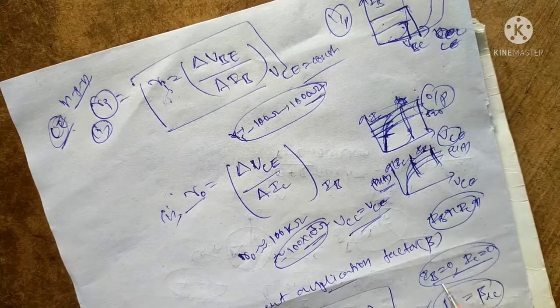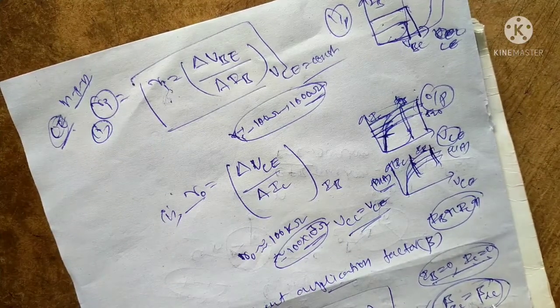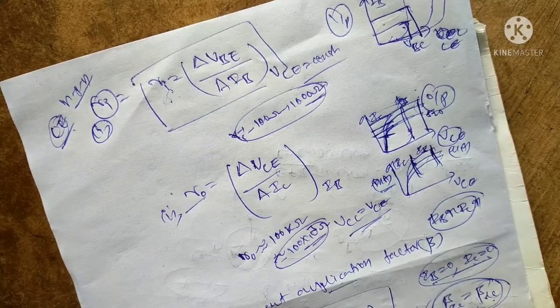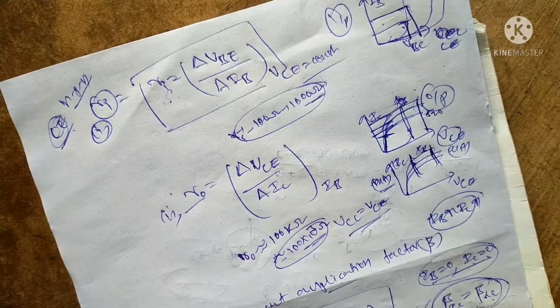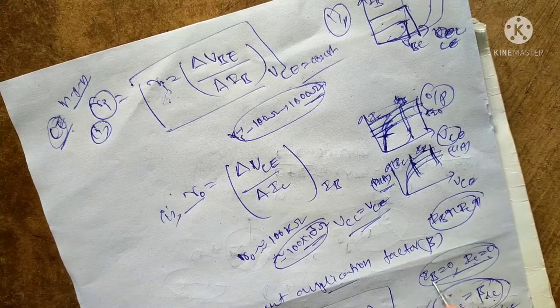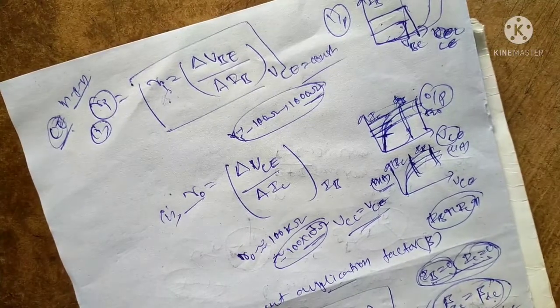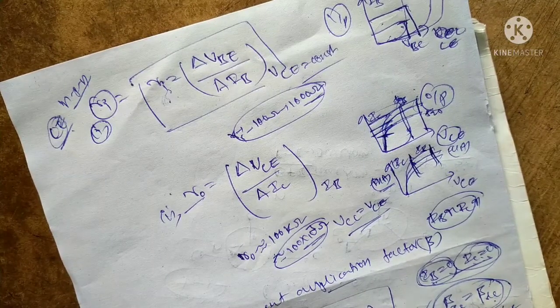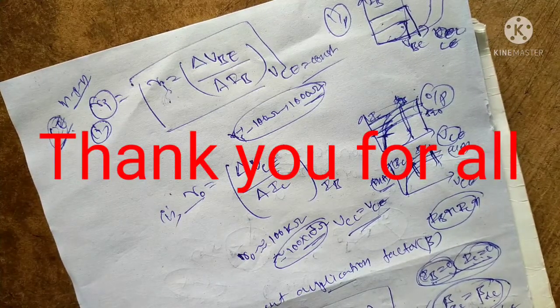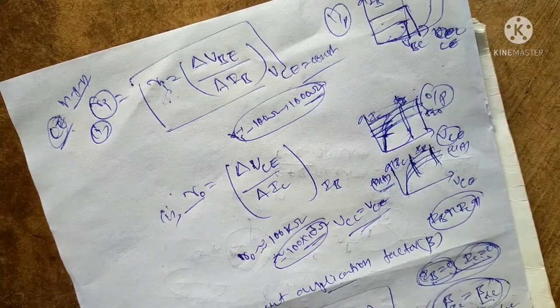For IB equal to 0, IC is also 0. It is for DC and AC. That means AC is equal to DC current. AC current is converted to DC current, it is a rectifier. That means here the base current is 0. When the base current is 0, the collector current is 0. And this is nothing but the beta AC amplification factor. The AC amplification factor and the DC amplification factor are the same, that is, AC voltage converted to DC voltage.